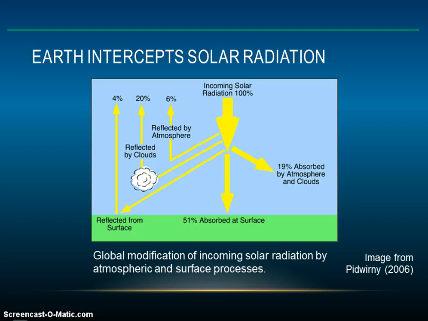While all objects emit radiant energy, the energy emitted depends on the temperature of the object it is coming from. The hotter the object is, the more energetic the photons and the shorter the wavelength. Just over half, that is about 51% of the solar radiation that reaches the top of the atmosphere of Earth is actually absorbed by the surface of the planet. The remaining solar radiation is primarily reflected and scattered by the atmosphere and clouds.